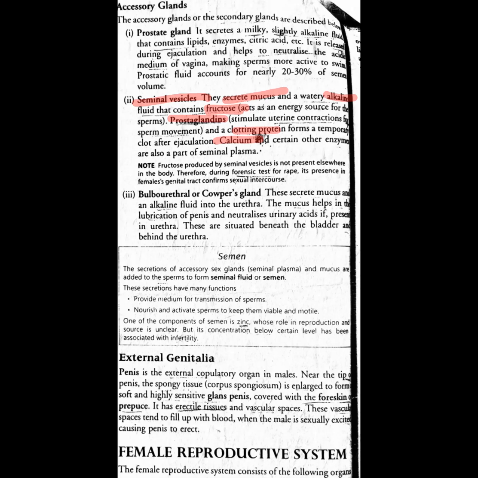What is the function of prostaglandins? It is used for contraction and relaxation. What it means is that when the prostaglandins are released, it will make the penis erect. The penis is a muscular organ, so it will become erect by contraction and relaxation of the muscles. We will study that muscles are present on the sides as well as in the front of the penis. These muscles will go for peristaltic movement.